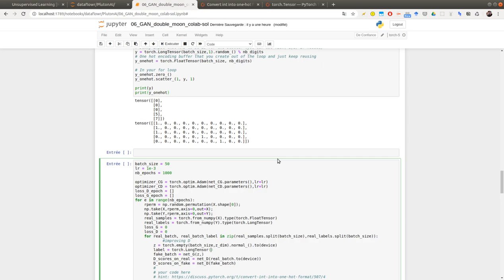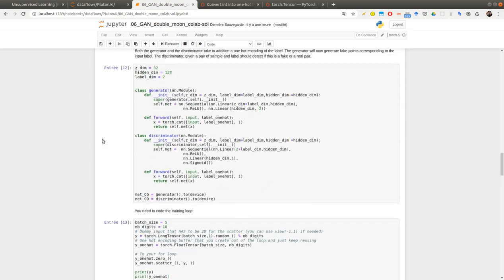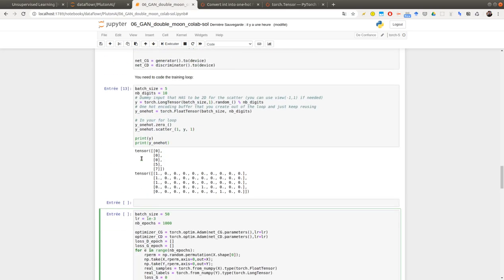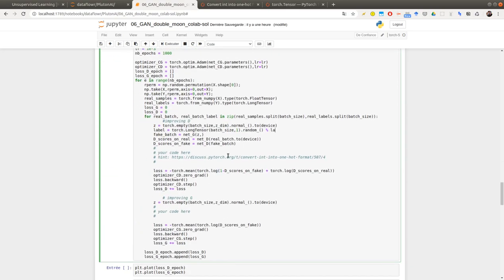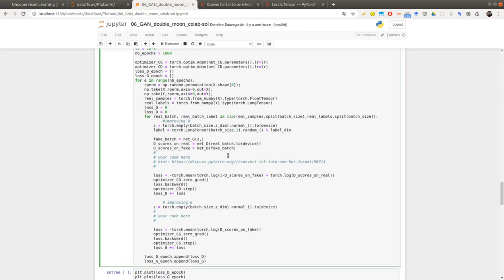Long tensor, so now it's batch size, 1, random, label dim. Okay, so this is producing my set of indices.